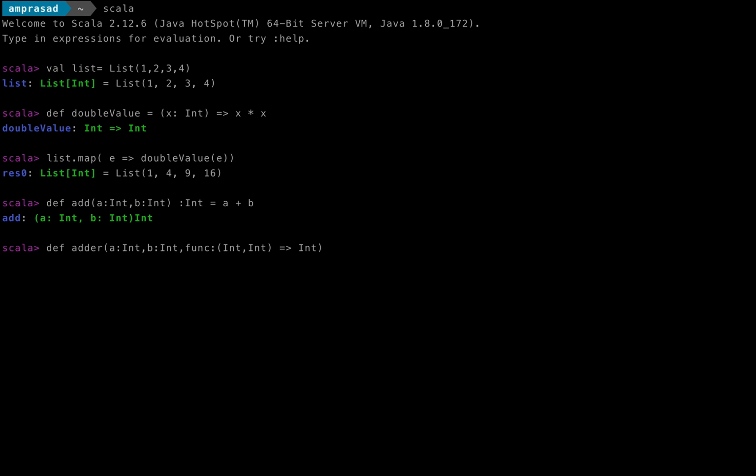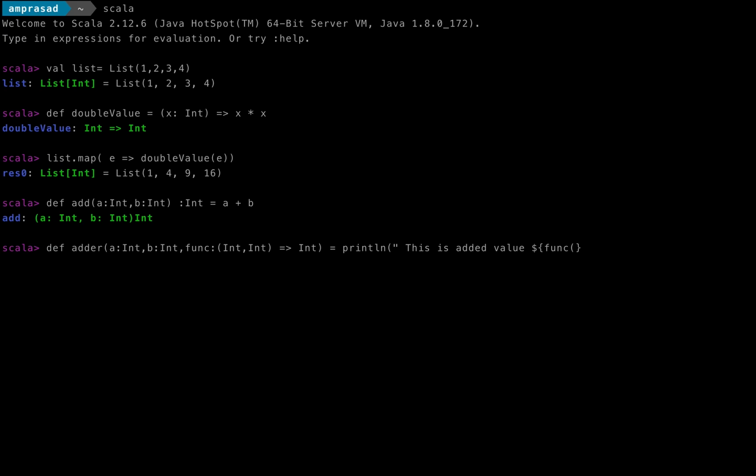Now we are going to print the message "this is added value", and then we will call this function. Since we have this function func, I will say the function is going to take two values.